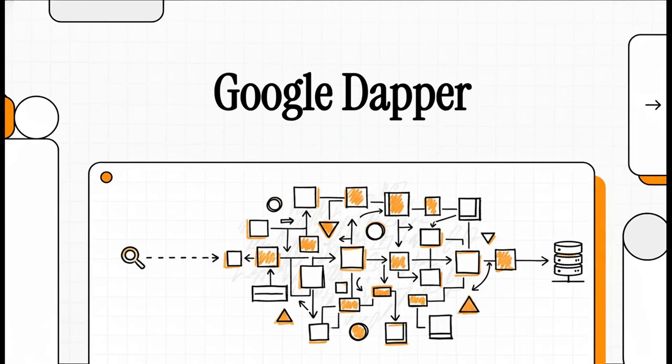Ever wonder what really happens in that split second after you hit search on Google? It feels like magic, but it's actually a massive orchestra of thousands of computers all working together. But what happens when just one of those instruments is out of tune? Today, we're pulling back the curtain on Dapper, Google's incredible system for finding that single tiny error in a sea